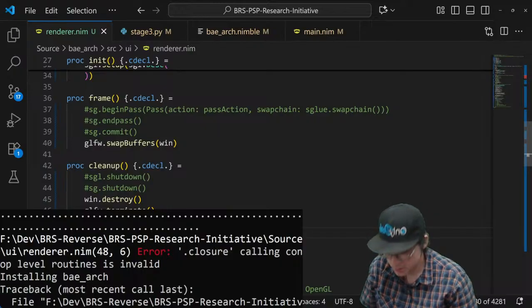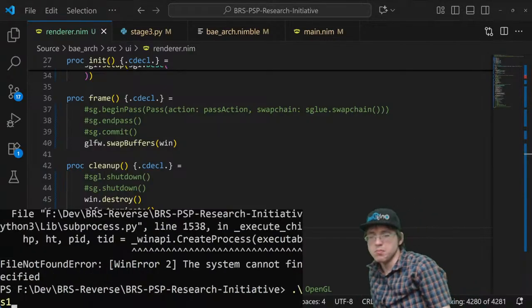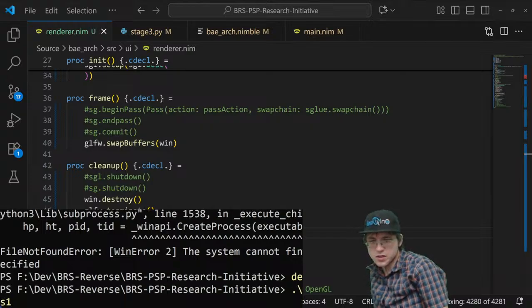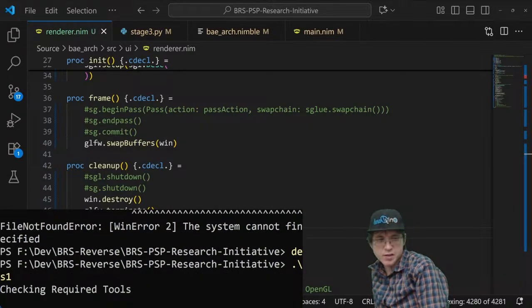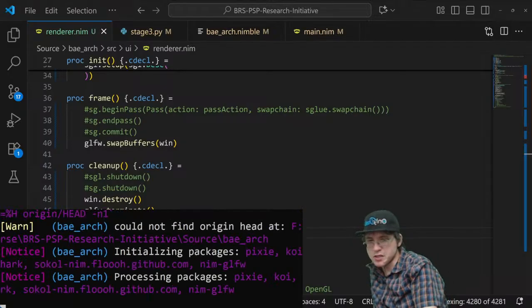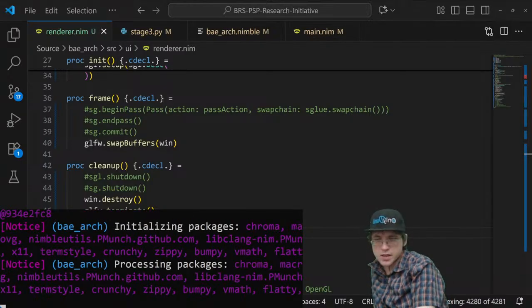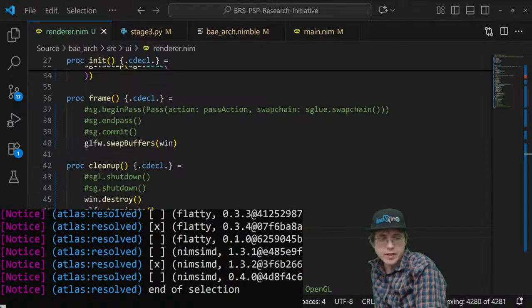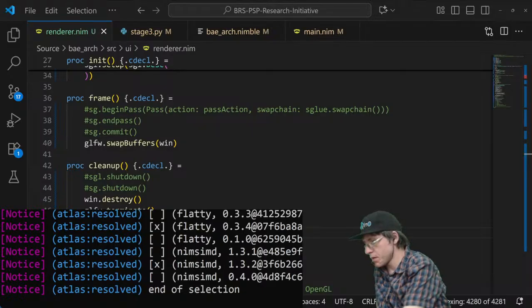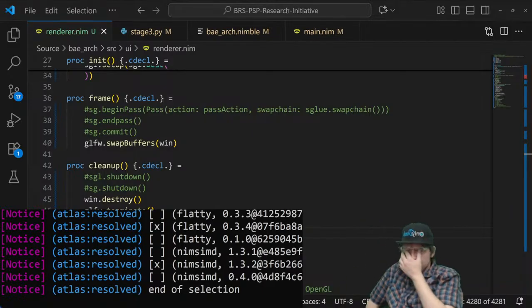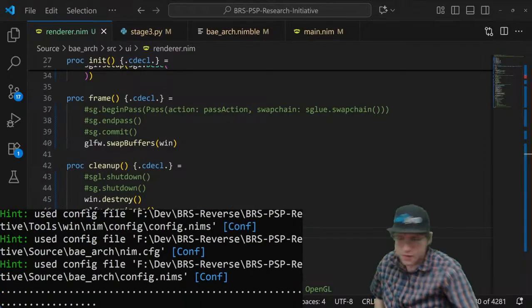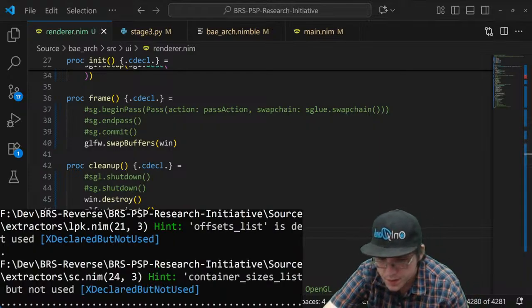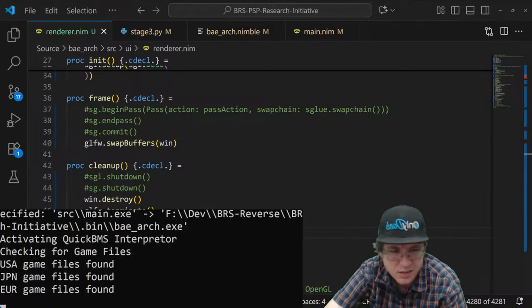You know what? Let's not even put anything there. Let's just try and run it without using any, what do they call it? It's not prefix, it's... what is it called? I don't know.